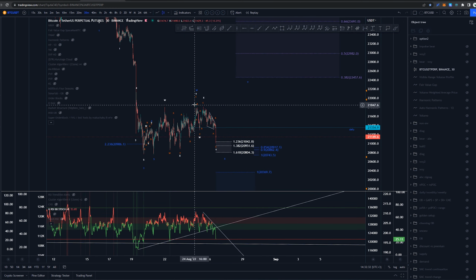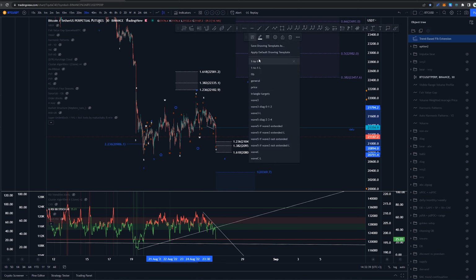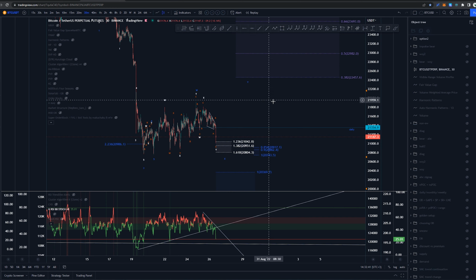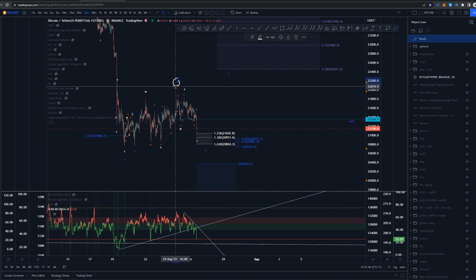I think it went to the 1-to-1 extension here. Let's make sure that 1-to-1, yeah, right around that 1-to-1 extension. It looks pretty okay. I think that would be only the W